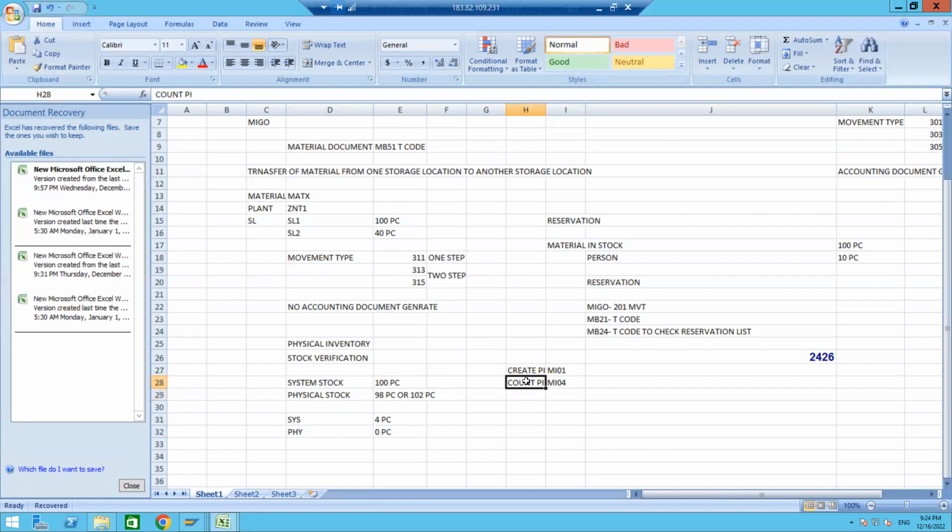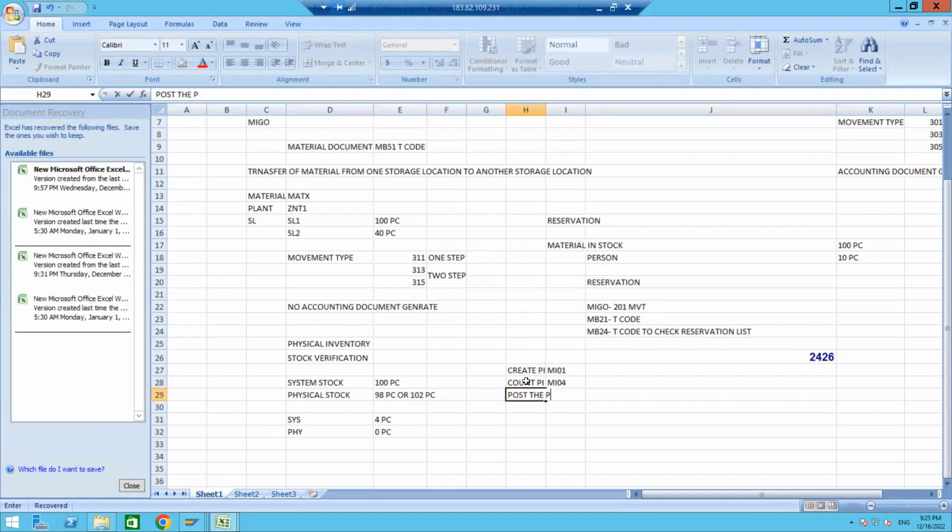Whatever the status is there, either it is plus or minus, means either system stock may be greater than physical stock or less than the physical stock. Whatever the result is, you have to maintain it, and it will show here also in MI04. Now you have to post